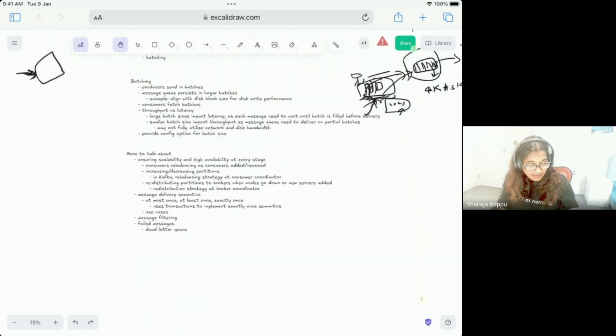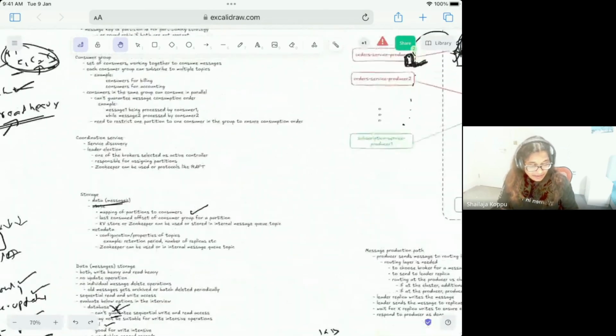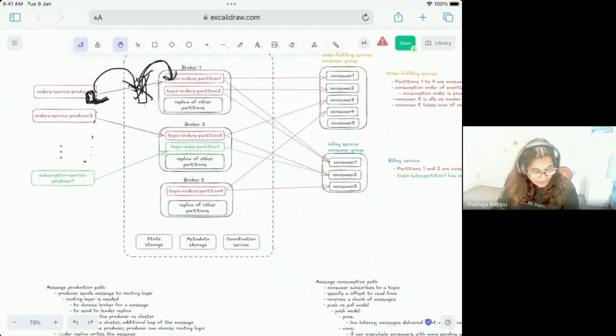But if you come to the design we made, we have split the topic into multiple partitions, and each partition is sitting on a different broker. One broker is one real machine. That means each machine, let's assume, has at least three cores. Actual corporates have higher-end machines, which might have more cores, let's say 10 CPUs. Then one partition is on one broker, or multiple partitions on multiple brokers.